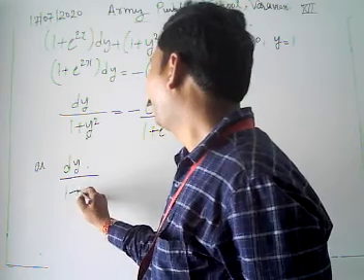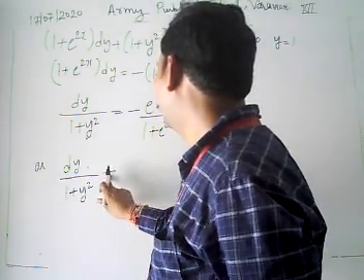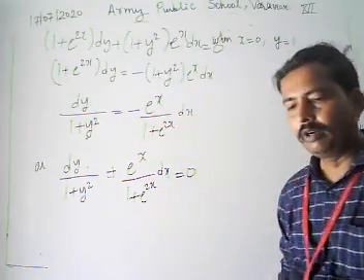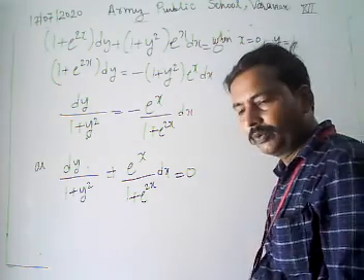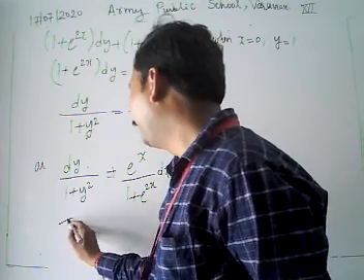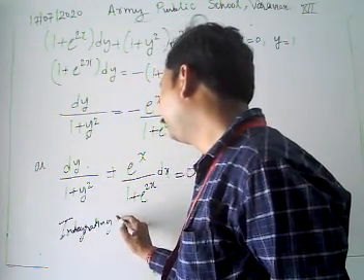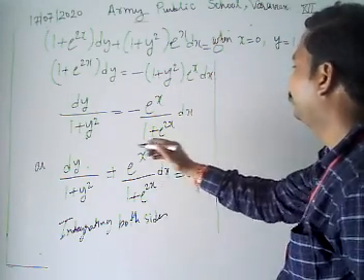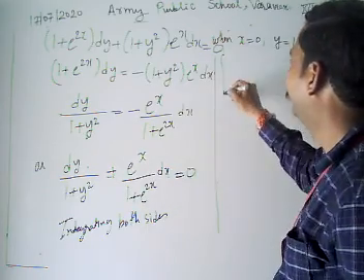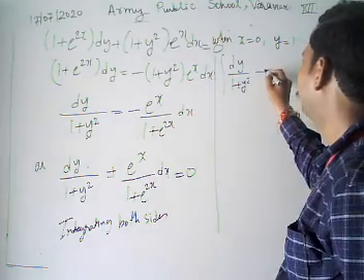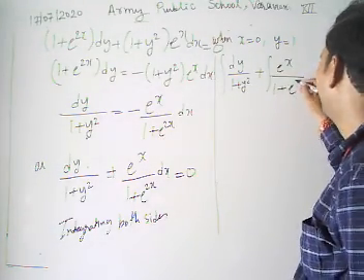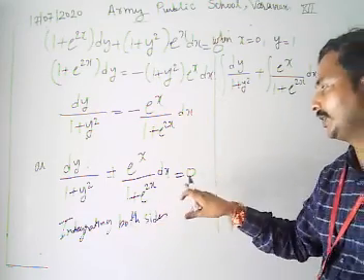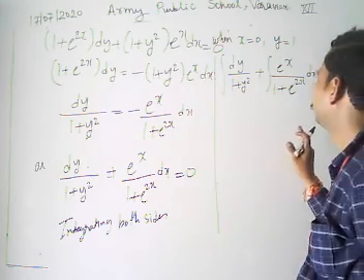That is, dy over 1 plus y square plus e to power x over 1 plus e to power 2x dx equals 0. Now we have separated our variables. After separating, we integrate both sides. After integrating both sides we have the integration of dy over 1 plus y square plus the integration of e to power x over 1 plus e to power 2x dx, equal to 0, and obviously we add plus c here.